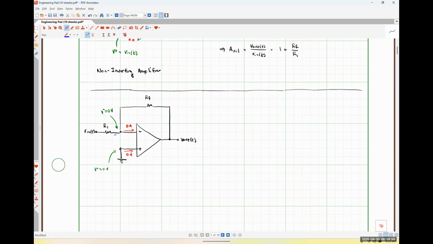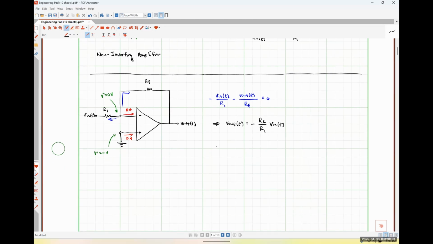So we essentially have a virtual ground at the inverting input node. And applying KCL, I'm simply going to be adding these two currents together. So that's going to look like 0 minus Vn, which I'm going to write as negative Vn divided by R1. And then I'll have plus 0 minus V out, so I'm just going to write that as minus V out divided by RF is equal to 0. And rearranging this expression slightly, we'll find that our output voltage is simply negative RF over R1 times our input